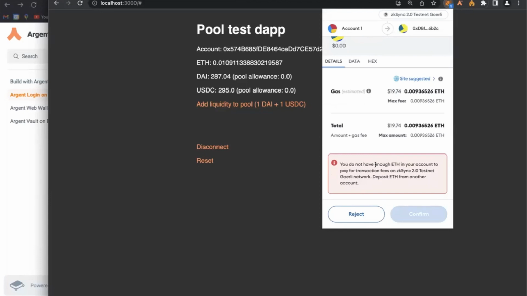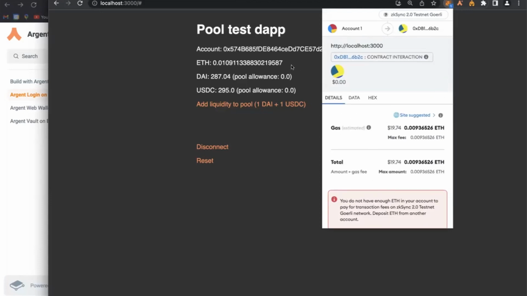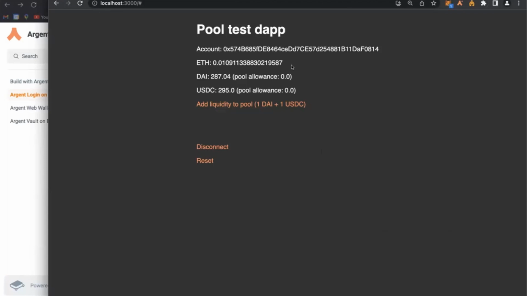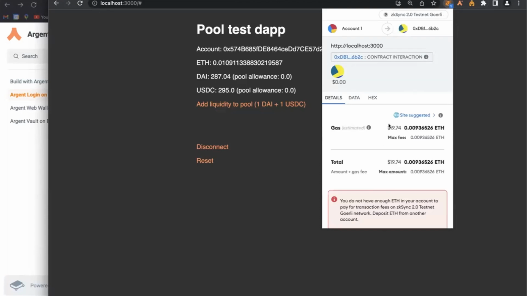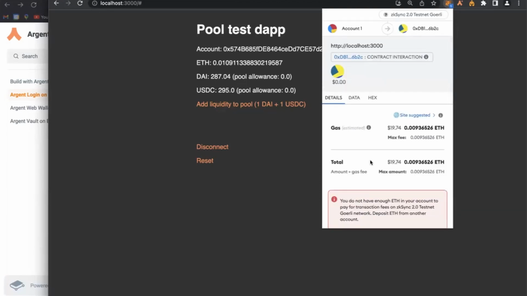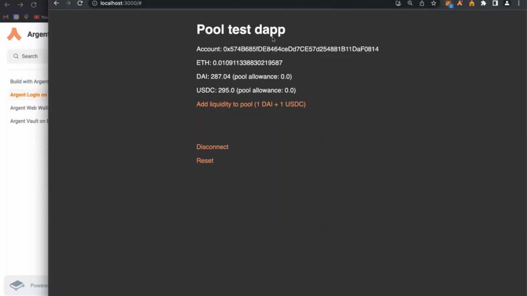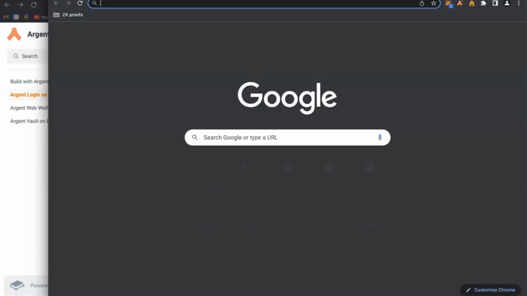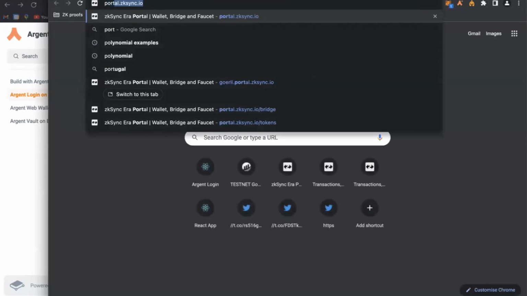I don't have enough ETH. Oh, that's inconvenient. How is this possible? I mean, how can it be that? I think the testnet became really expensive. Oh, that's too bad. Does anyone have a bit of testnet ETH to send here? Otherwise, I can try to bridge, but I hope it's not going to take too long.